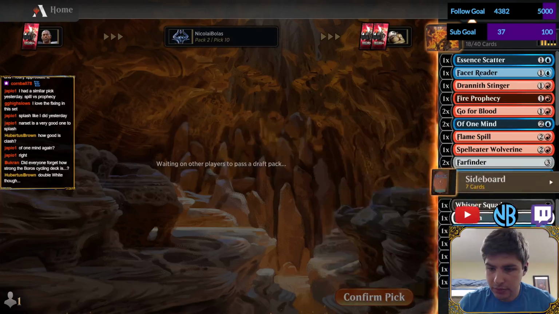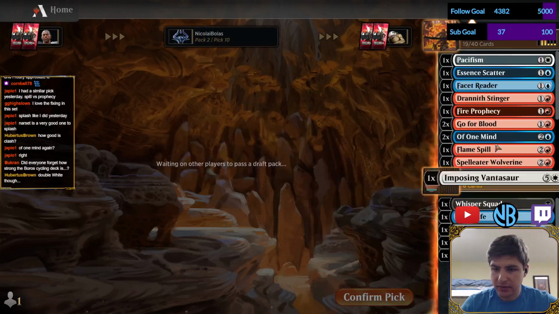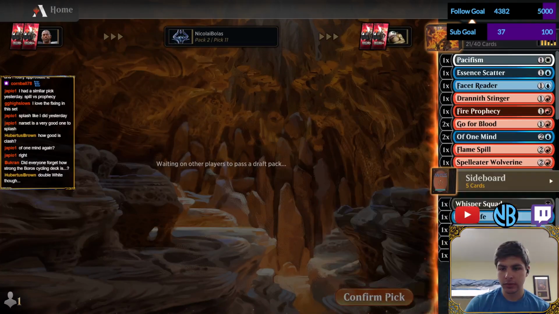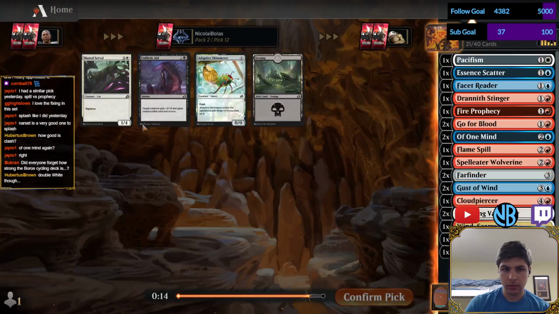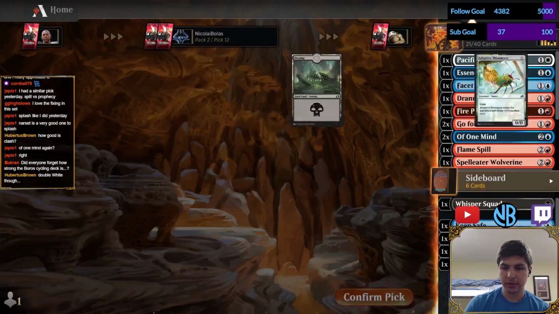These Vantasaurs. Maybe even the Pacifism. Another Gust of Wind. Serval's actually good in some decks, which is kind of cool. Not really my deck, but...